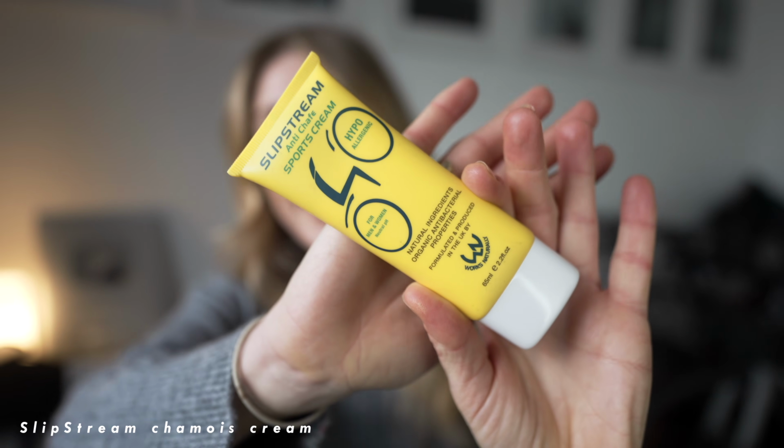So yeah, I think the first thing to start off, this is a really basic one, and you probably have seen some of these things before, but it is because I genuinely love them, use them all the time, and they just make my cycling life a little bit easier. So the first thing is Slipstream. This is the best chamois cream ever,